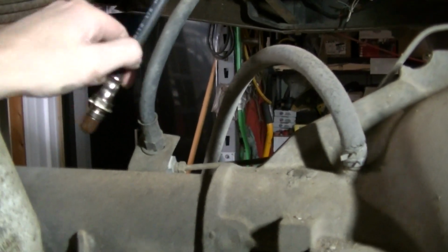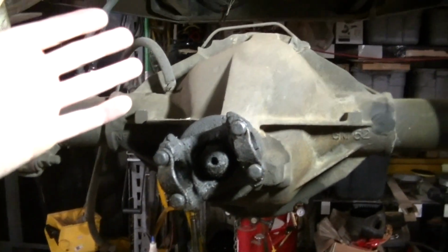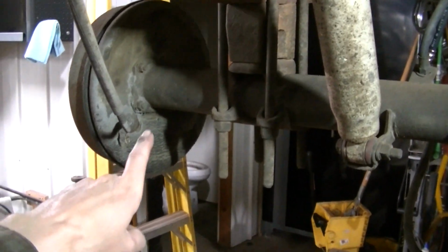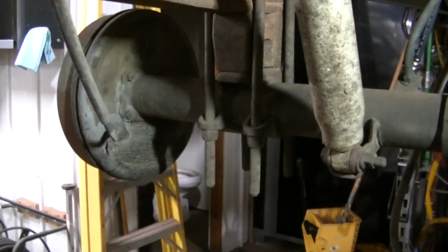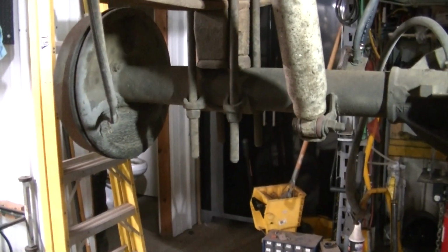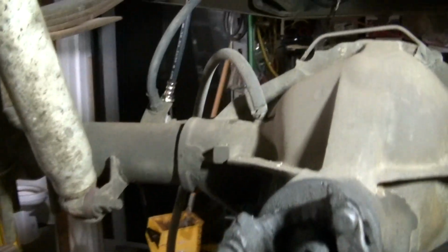So I'm going to do that once I get. I'm probably going to detail this rear axle. I got a new cover. I got new brake lines for it. So this side might be leaking, so I got new seals too. I'll pull the drum off, see if it's leaking. Someone might have already done it, but I'll pull it off, check it out, and we'll get this rear axle